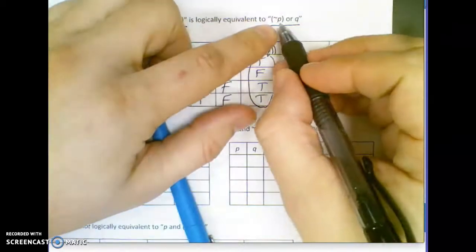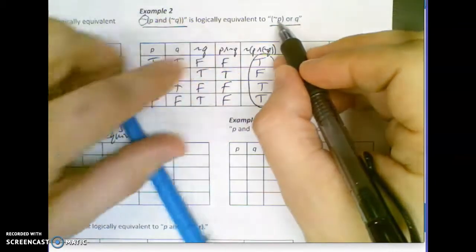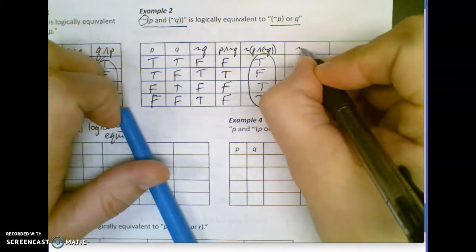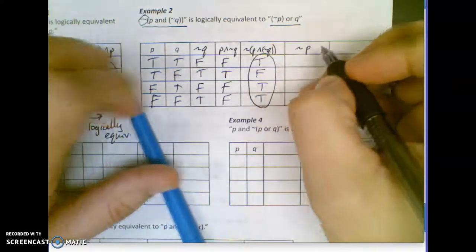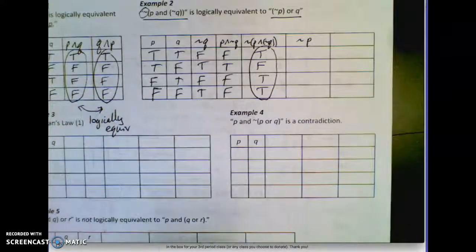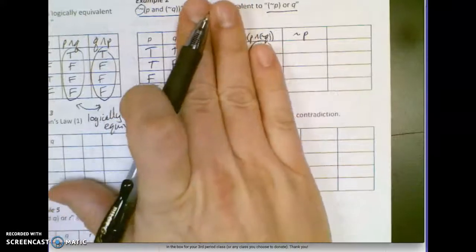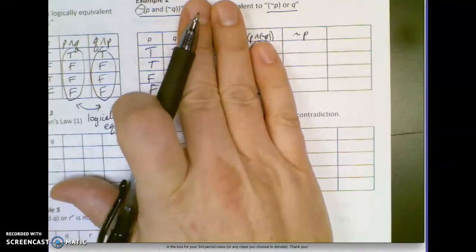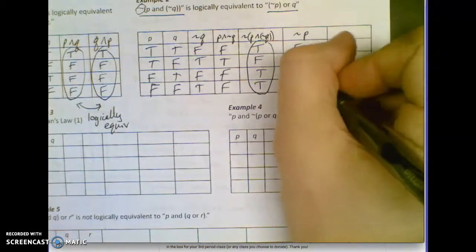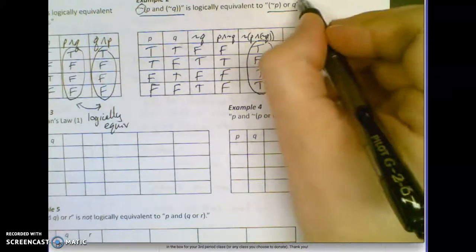If I want to build this, if I want to OR them together, I already have a column for Q, but I don't have a column for not P. So I'm going to build a not P. And when I build a not P, I just look at... Okay, so now I build not P, and I have to block out all the things here and just look at P. So if P is true, true, false, false, right here, and this one's going to be false, false, true, true. And my final step will be to take